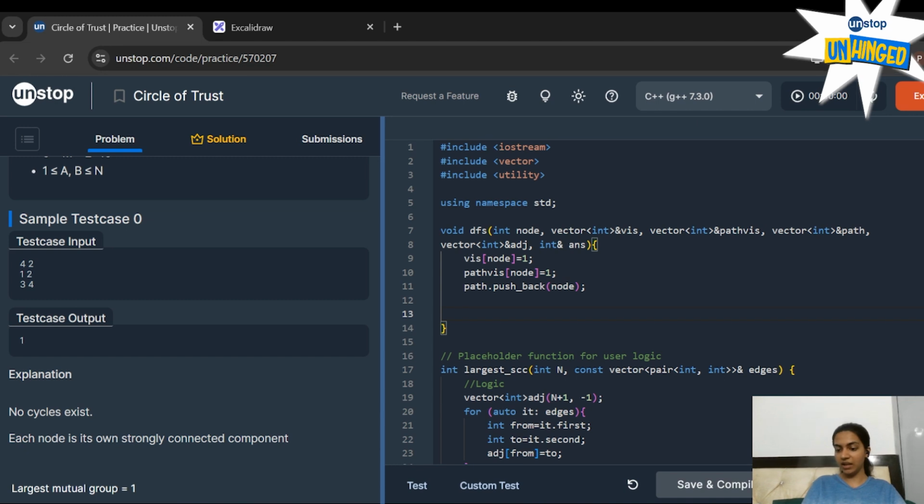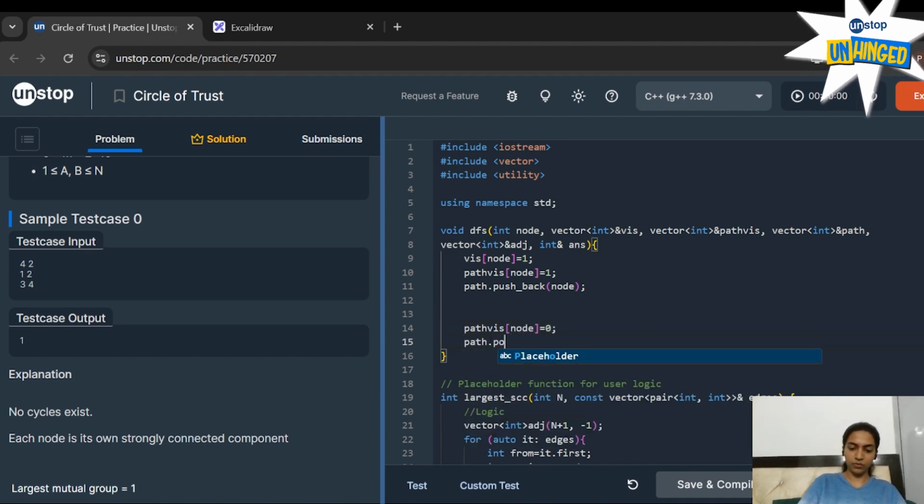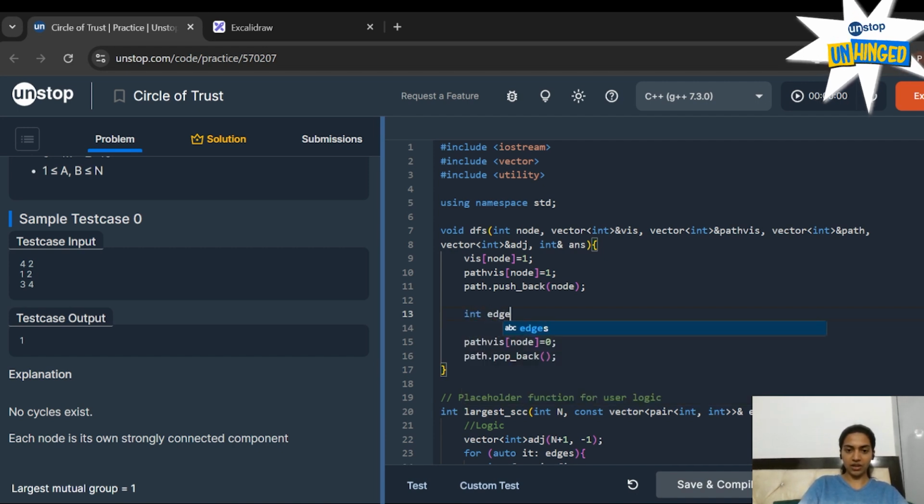And at the end, we also change it back to the original value because now we need to check for other cycles as well, right? So we'll change it back to 0 and remove our elements from the vector. Now, in between, we find the edge of our node.